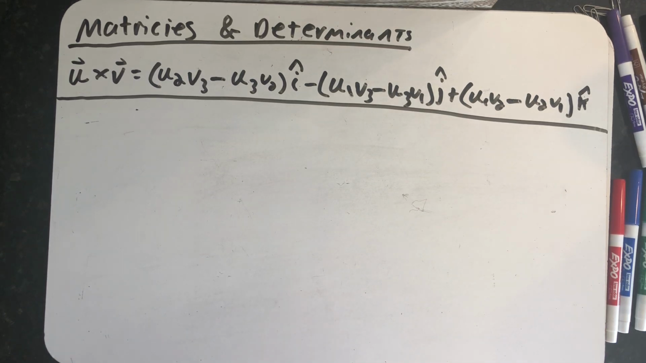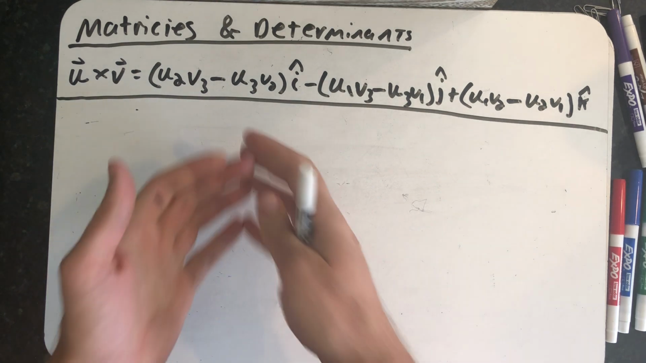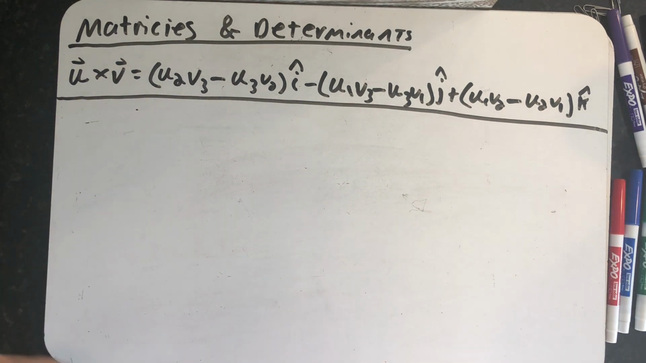In the next few videos, I want to talk about matrices and determinants as a way of understanding the cross product better and to be able to calculate the cross product in an easier way than knowing this formula. So, we need to understand what a matrix is. We need some matrix terminology. We need to understand what it means to add and subtract matrices,